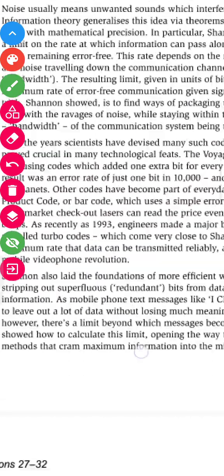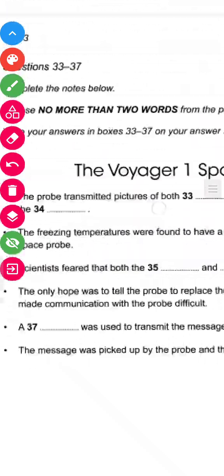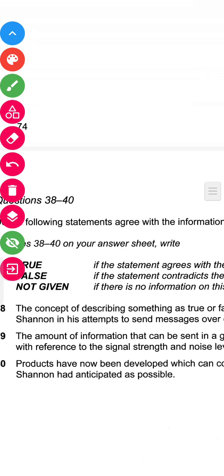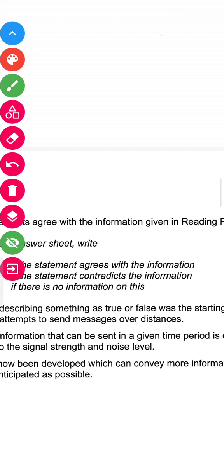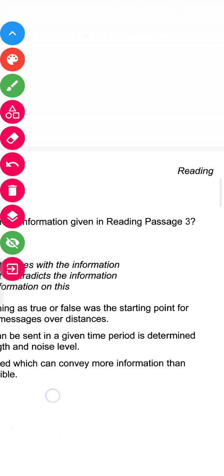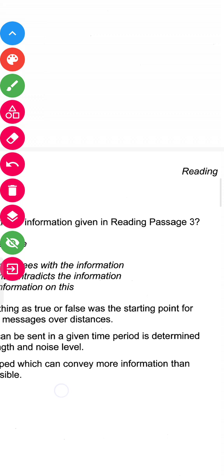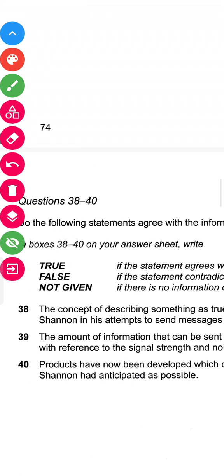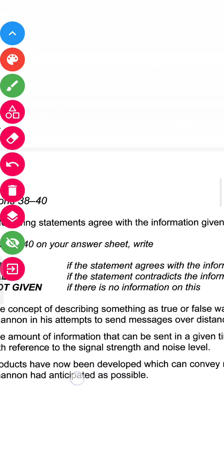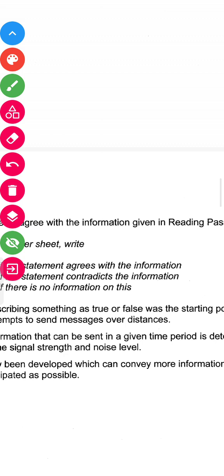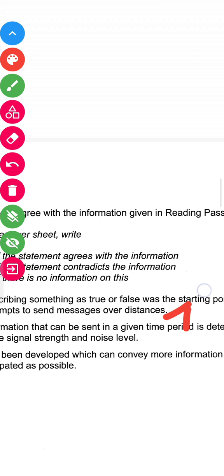Okay, let's go to the question again. Here it is mentioned, the concept of describing something as true or false, means to send the information from one place to another, was the starting point for Shannon. Shannon decided that when we send a message from one place to another, true and false should be in some order, that is in the attempt to send the message over distance, that is 1 and 0. So the answer will be true. Got it? Let's go to the next